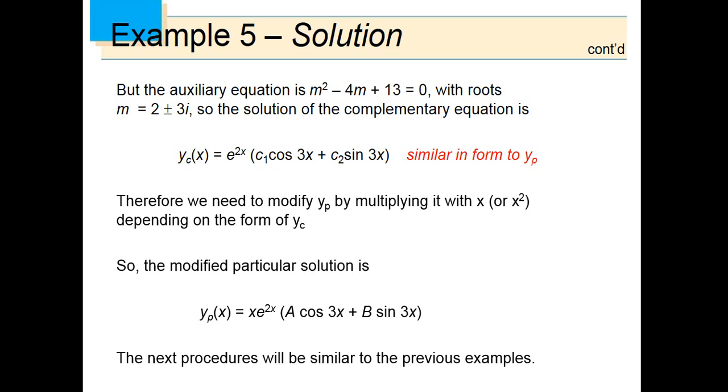Okay, so the rest of the procedures I leave to you. So you need to modify by multiplying in terms of the independent variable, and you will find the undetermined coefficients by again differentiating your yp, substituting it in the original DE, and determining the values of the undetermined coefficients. Okay. Now we go to the next example,